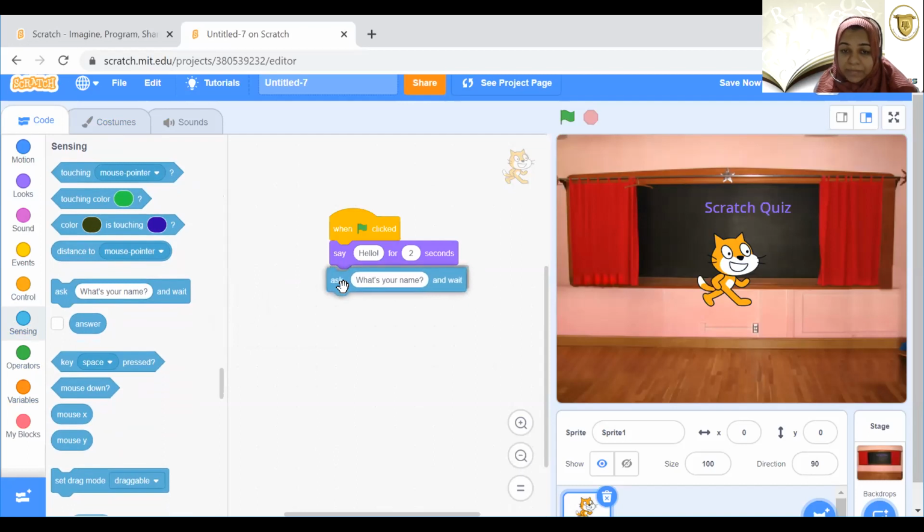This is the first time that you're using it. When you choose the ask command over here, this command will ask the user what their name is. And whatever the user types in will be stored in this variable. Now, answer is a variable. Think of it as an empty box. Whatever the user types inside what's your name will be stored inside this empty box,